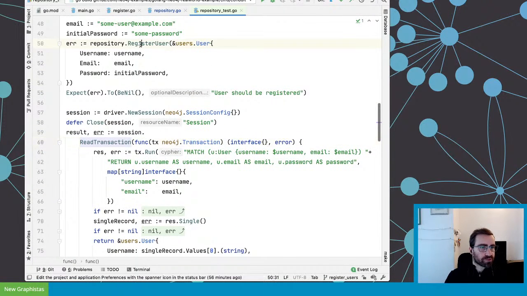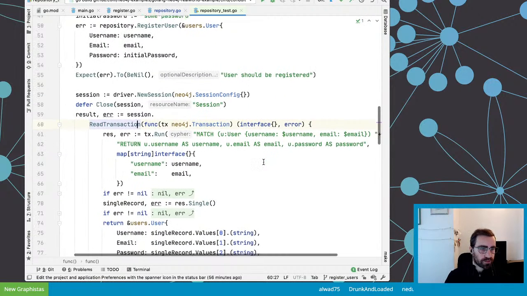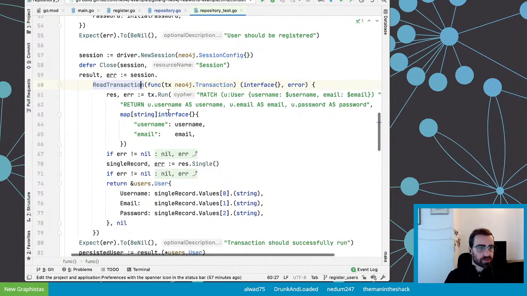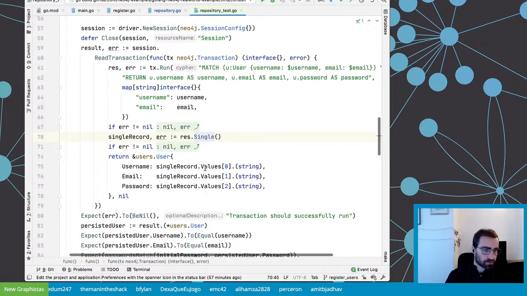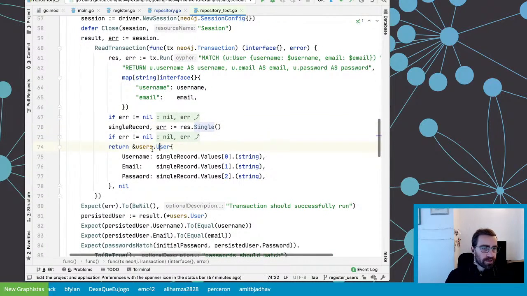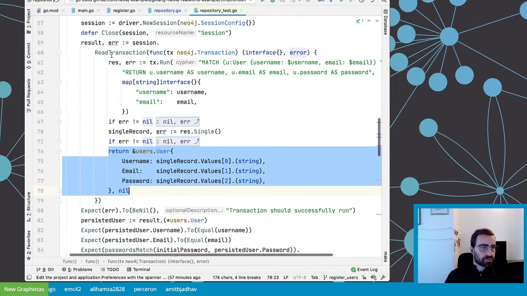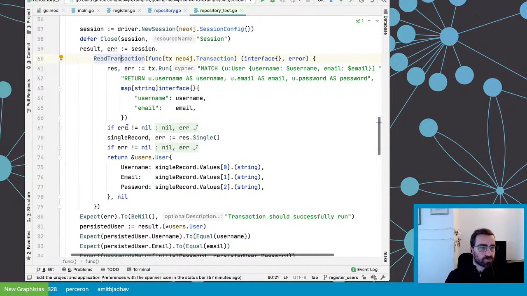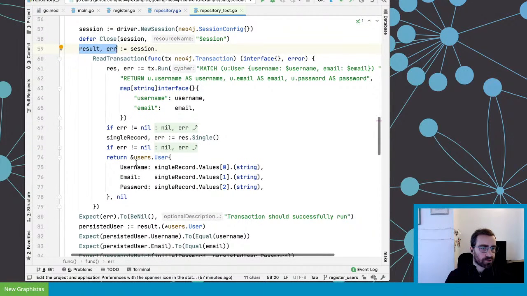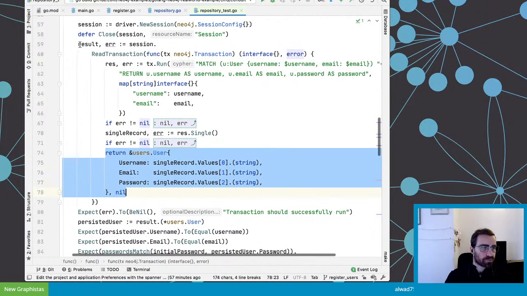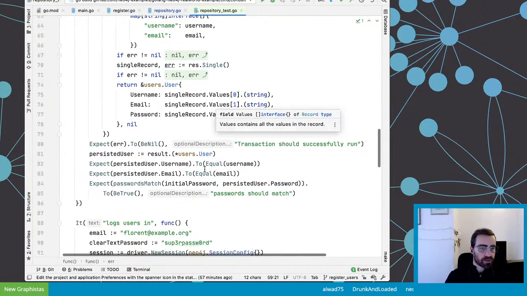I call this repository, and I expect some results stored in the database. So I make sure, towards the end, I read the transaction and return the results. If there is any error, I return the error. I expect a single result because I start with an empty database, and I will come back to that in a second. And then I map the result otherwise. So the result of the read transaction will be propagated here. What I return is either an error or the user, and it will end up there.